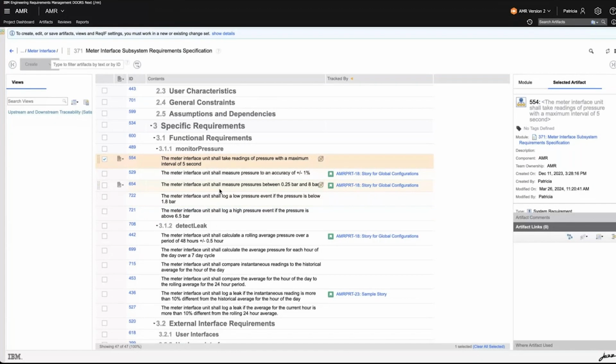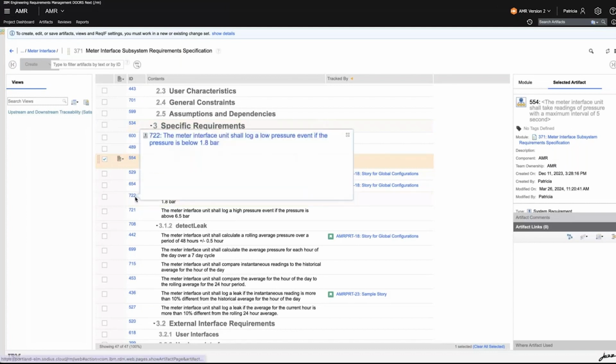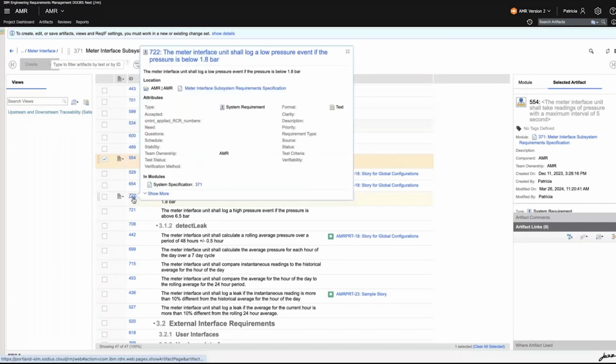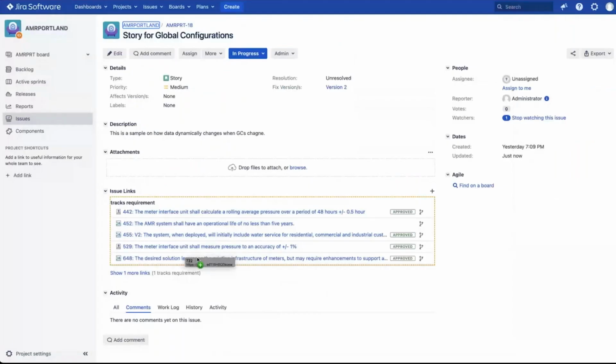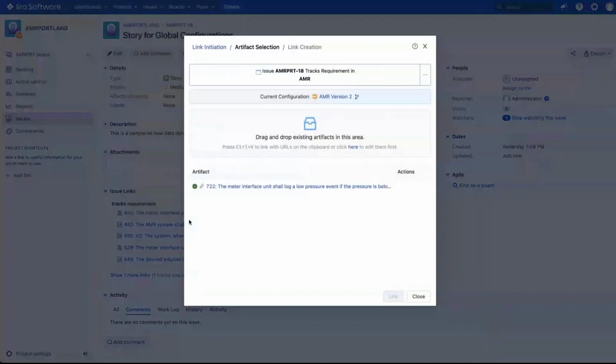What we do is we allow people to have a much more free form way of creating links. So I can take an artifact and drag that link over into Jira itself and create that link. I dropped it on a tracks requirement. If I wanted to, I can switch that over to an implements requirement and create that link. Now, along the way, we're doing some checks